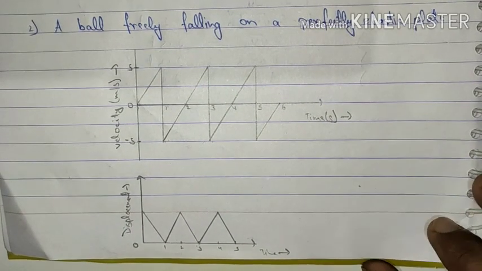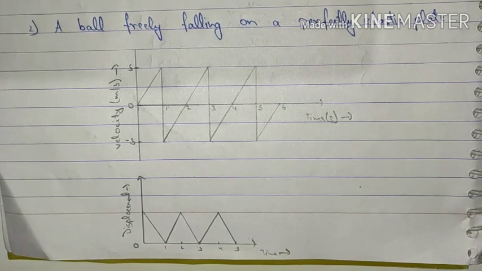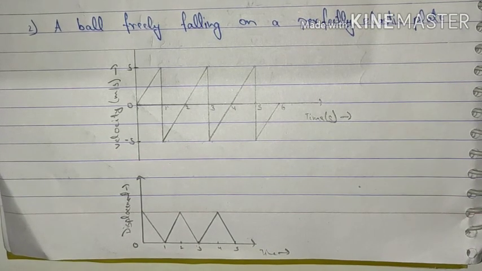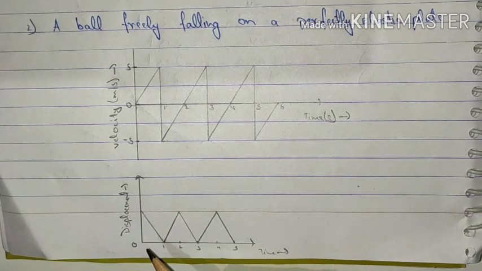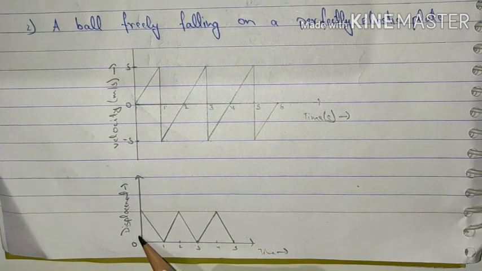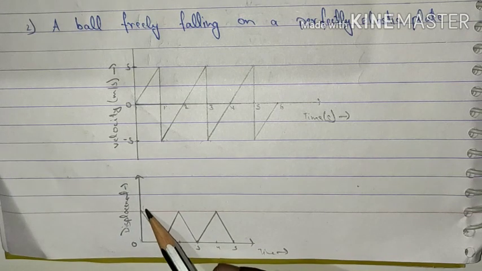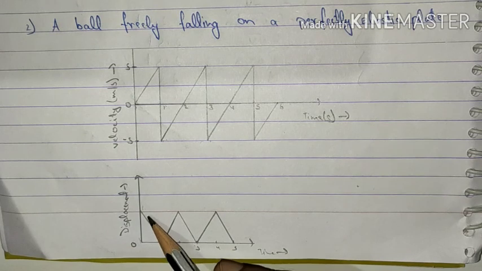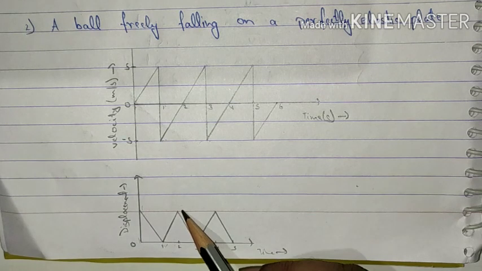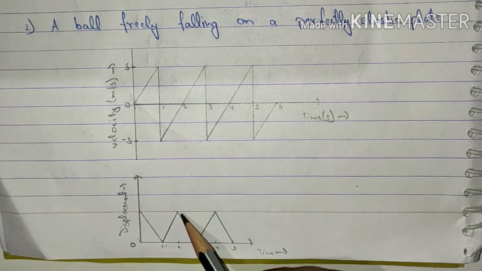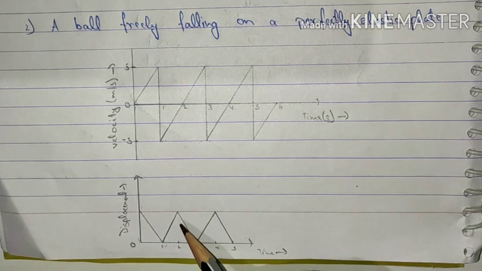If we plot a displacement time graph for the same condition, what do we observe? If we are taking the reference point as ground, then when the ball was in our hand, it is at a certain displacement from the ground. Now, as soon as we left the ball, it went onto the ground and the displacement becomes 0 over there because it is on the ground now. Again, it rises back from the ground to the same height because we are having an elastic plate. So it is rising back to the same height.